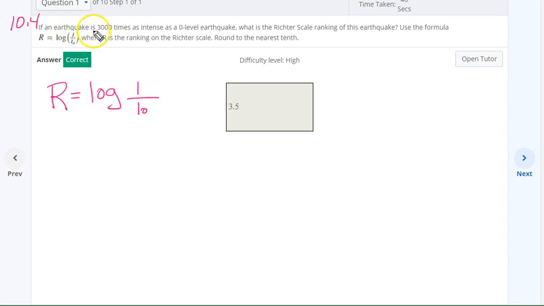So here's an earthquake that has this value. Here's the formula on the Richter scale, which I've written out here. So we're going to punch the key log and then put 3000. And the initial rate is just 1. And normally you have to close your parenthesis here. And as I put that in my calculator,